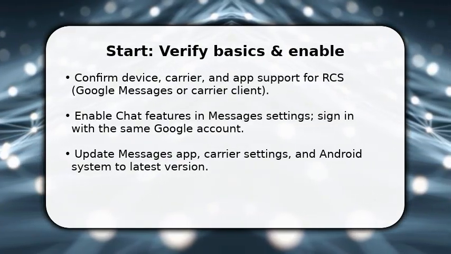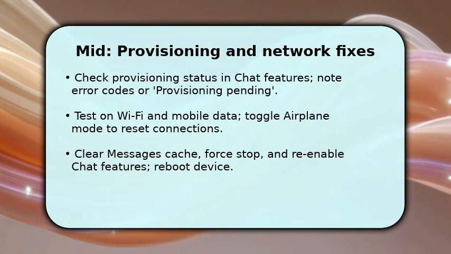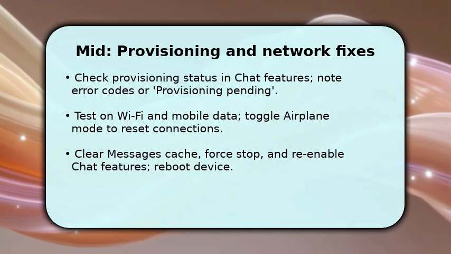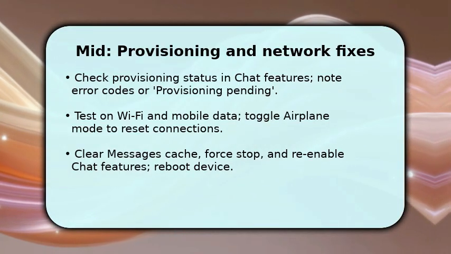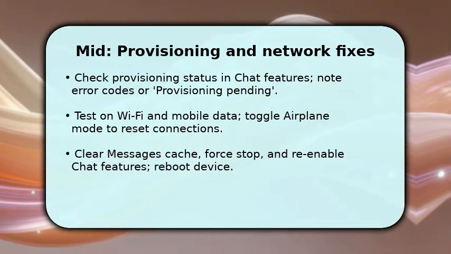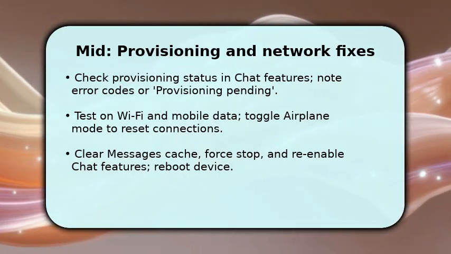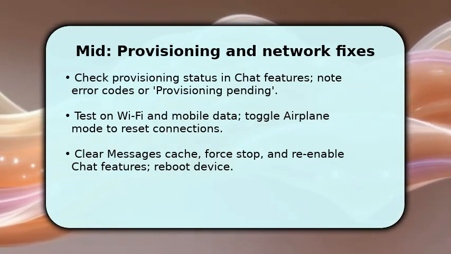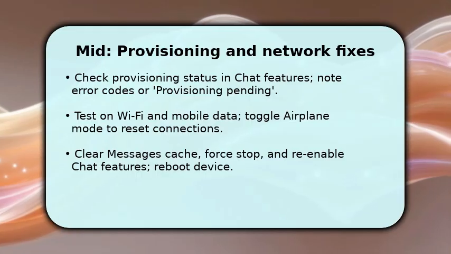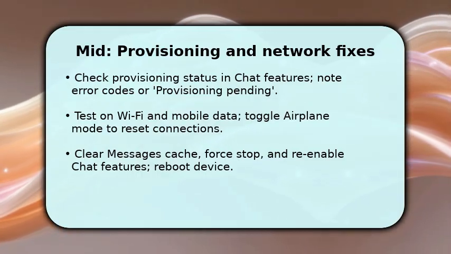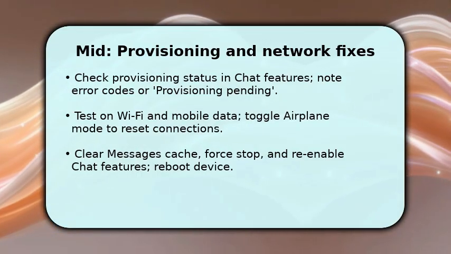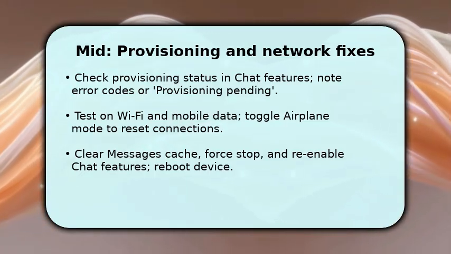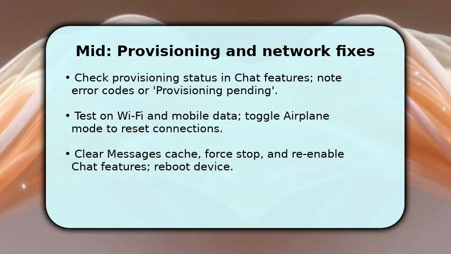troubleshooting actions. You now focus on provisioning and network behavior since most RCS failures happen here. Check chat features for provisioning status and any error codes. This tells you whether the server rejected registration or timed out. Next, test both Wi-Fi and mobile data. Sometimes carrier DNS or Wi-Fi NAT blocks provisioning. Toggle airplane mode to get a fresh cellular attach. Then clear the Messages cache, force stop the app, re-enable chat features, and reboot the phone to trigger a clean